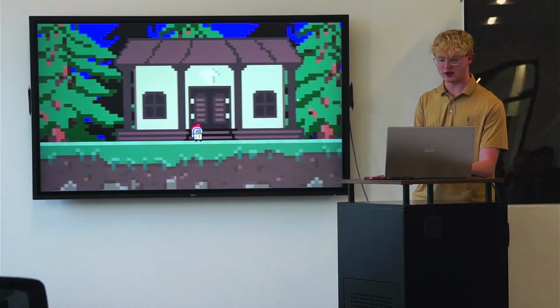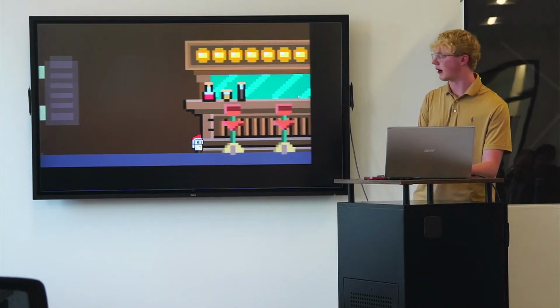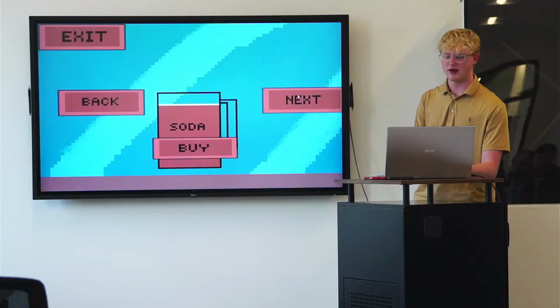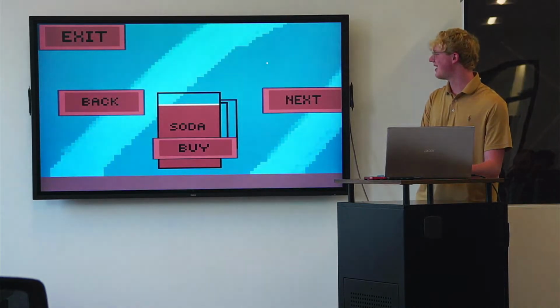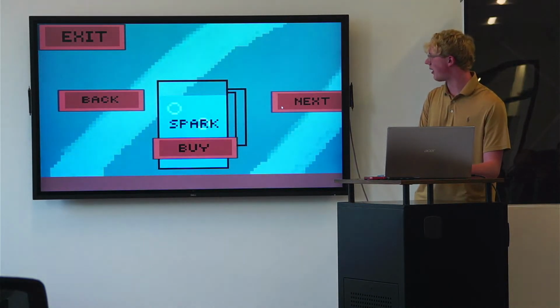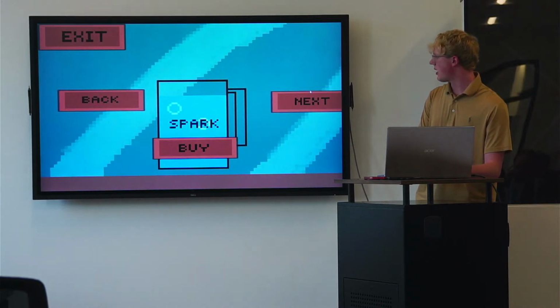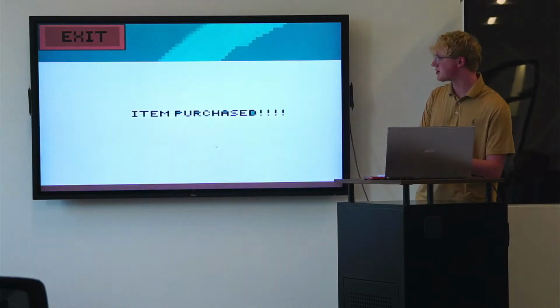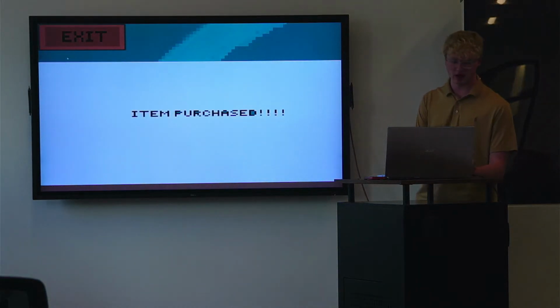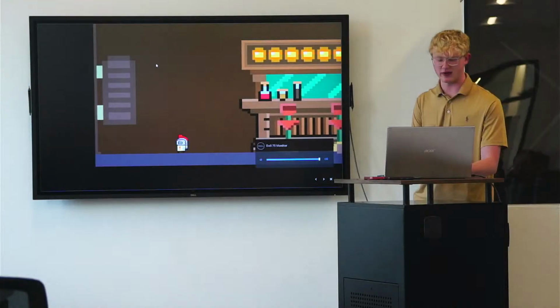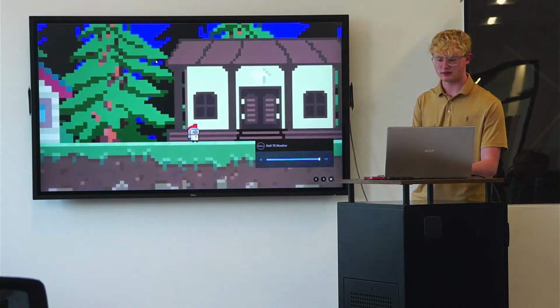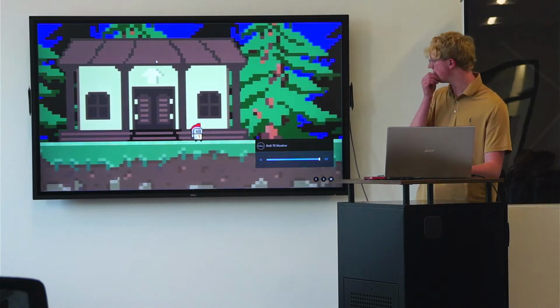So when I go to this building, I go over here to the bar or the soda shop. I push E again, and we can just flip through all the options that we can choose from, and we can go back as well. And we will push buy. We can purchase the item. It's not in inventory yet. I don't have all that set up, sadly. And so we can get out of here, and we can go to the